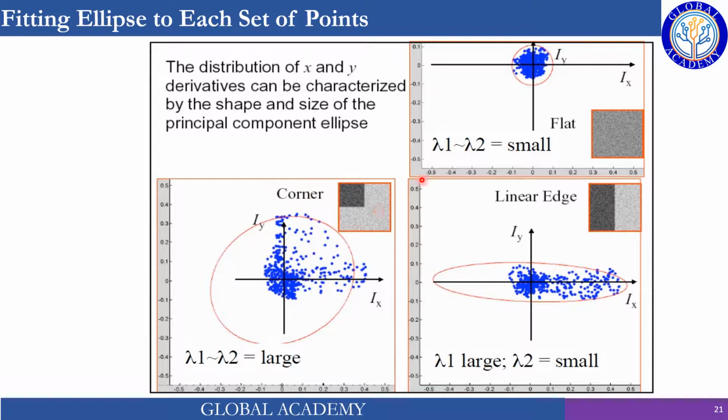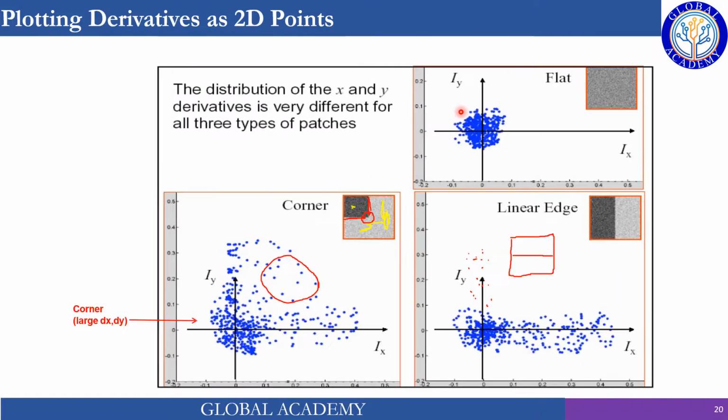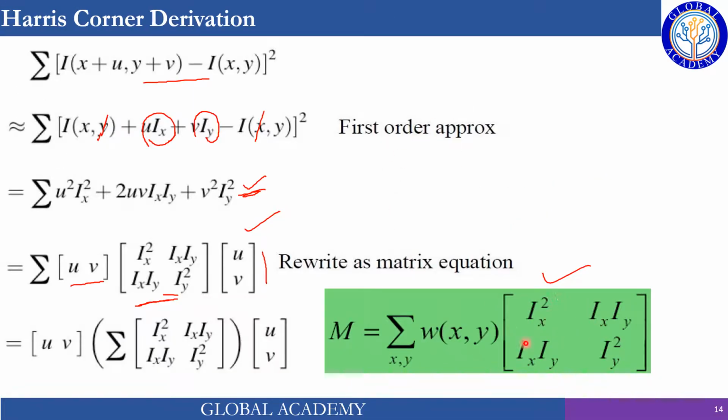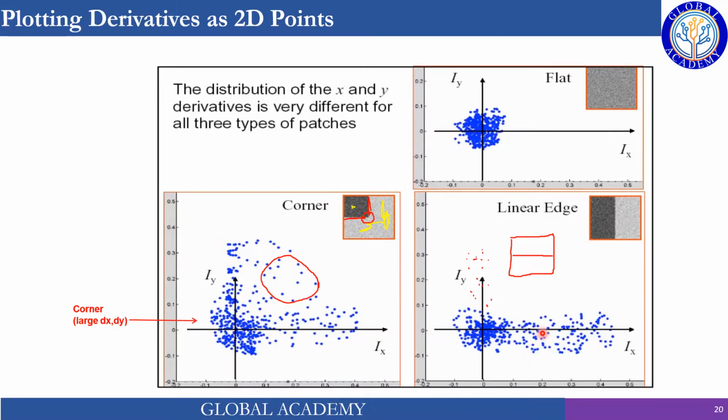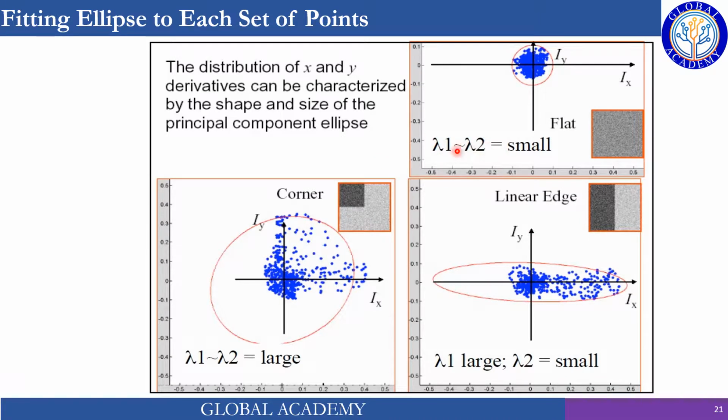So the better measure is the principal components. Principal components are like the eigenvalues of the same matrix M, which we discussed earlier, which is in fact about the square of the derivative along the x-axis, the square of the derivative along the y-axis, and ix, iy. It has three components like this matrix, and its eigenvalues we can call the principal components of this matrix. So look, in case the eigenvalues are close to each other and very small values, then it means it's a flat surface.